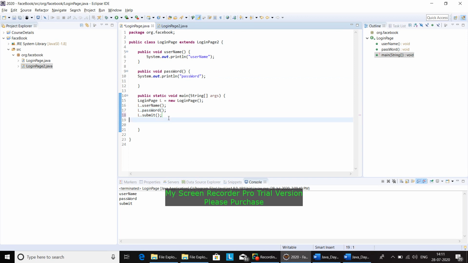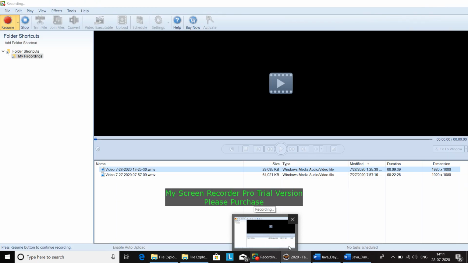Let's see if you are able to see it. Click here, the click method, see, it is here because we have extended the parent class to the child class. So this is how inheritance works.